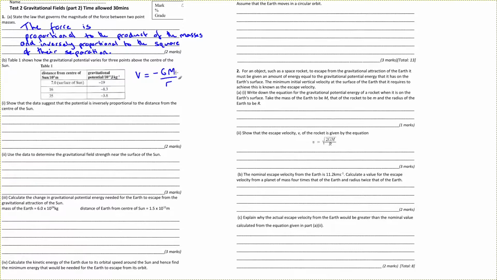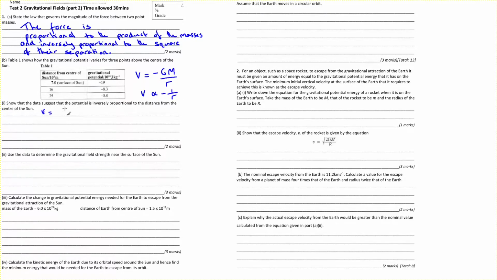The mass of the Sun, of course, is not going to change, so the top of this is a constant, and so what we have here is gravitational potential is inversely proportional to the distance from the centre of the Sun,